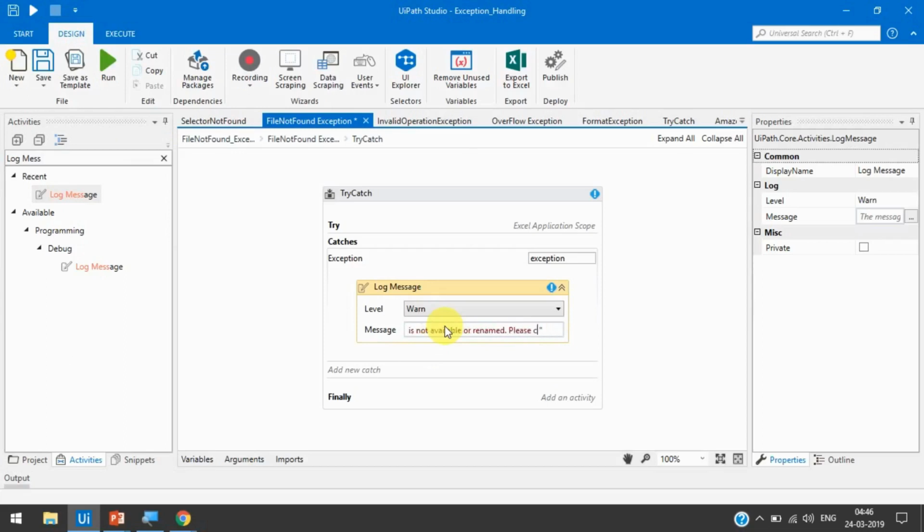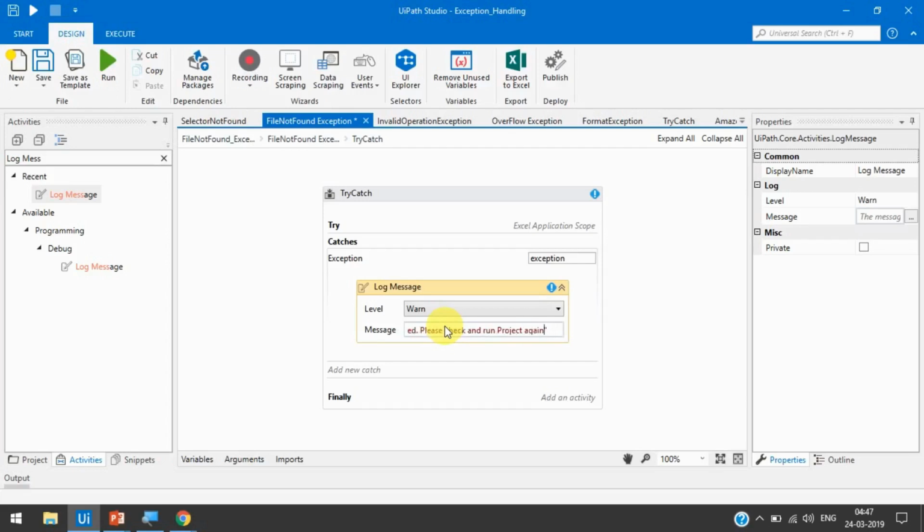Please check. So as I already told you, the advantage of exception handling is that we can show user friendly error messages to the end users, right? So in this way you can show user friendly messages, like we are writing here: config file is not available or renamed, please check, and run project again, right?